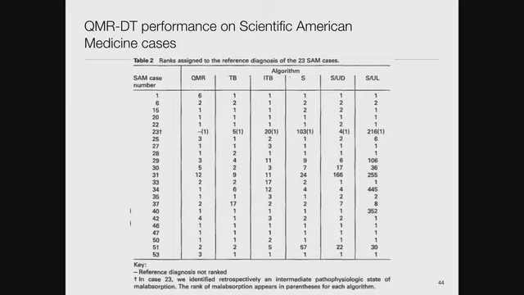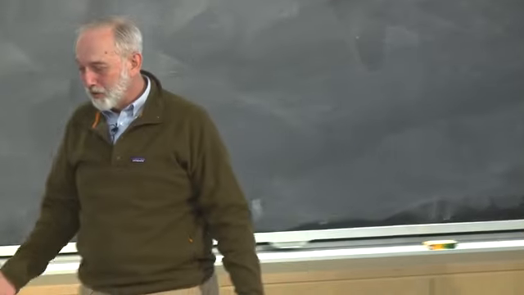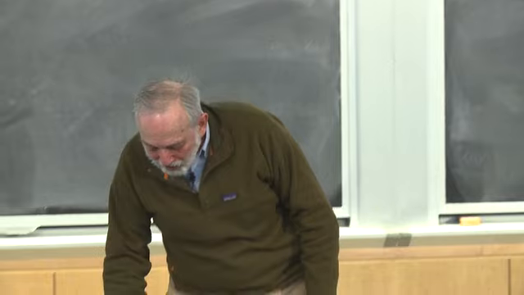But what you see is that it works reasonably well, except for a few cases. So case number 23, all variants of the program did badly, and then they excuse themselves and say, well, there's actually a generalization of the disease that was in the Scientific American Medicine conclusion, which the programs did find, and so that would have been number 1 across the board. So they can sort of make a kind of hand-wavy argument that it really got that one right. And so these were pretty good. So this validated the idea of using this model